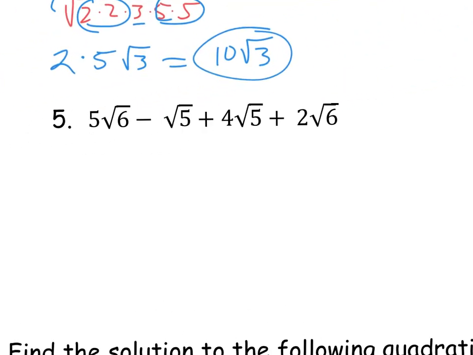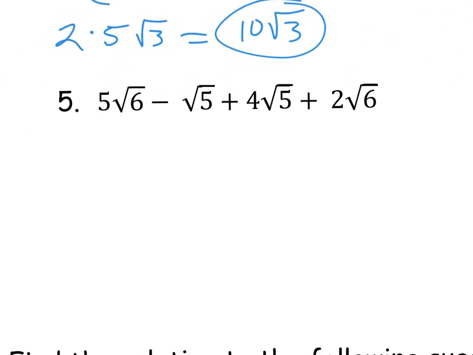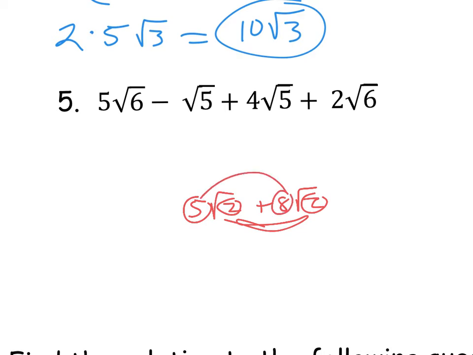Okay, so the adding and subtracting, they have to be like radical terms. Like if I had 5 square roots of 2 plus 8 square roots of 2. They have the same number underneath the radical, so I can add these two up. 5, and then you add the numbers in front. 5 plus 8 is 13, and then it just stays the square root of 2,